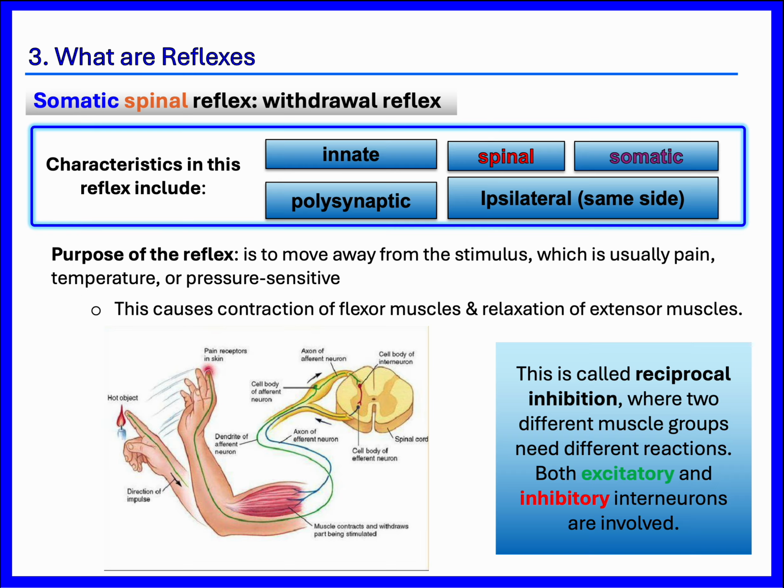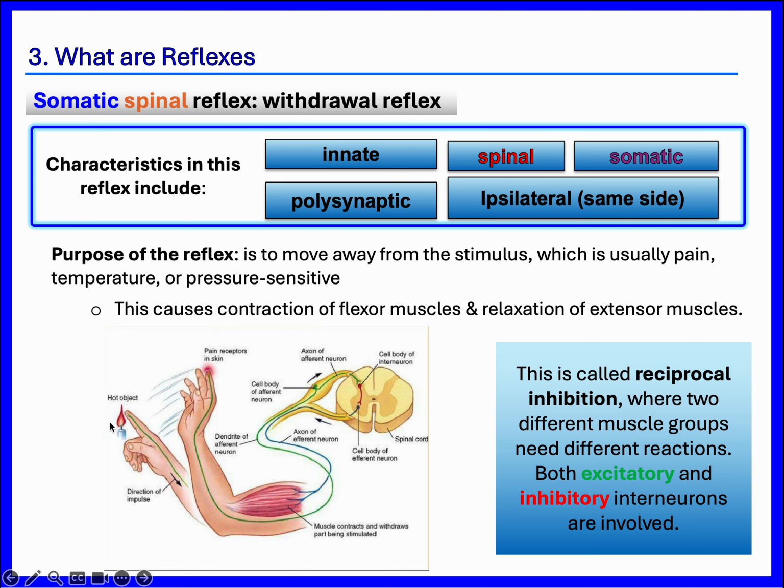Another type of reflex that's somatic and spinal is the withdrawal reflex. We talked about this, right? This one over here is spinal and somatic still. It's used to move away from a stimulus that's usually painful, temperature, or pressure sensitive. Over here, you see this hand touches a hot object, you pull it away. That's because the pain receptors send a neuron up, the green one. It goes onto an interneuron, onto this other blue motor neuron, to the muscle to contract it to get away